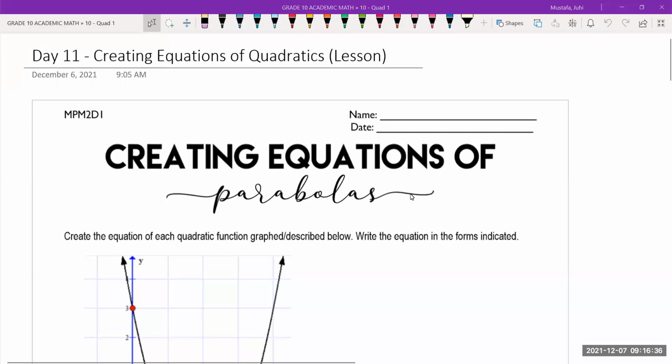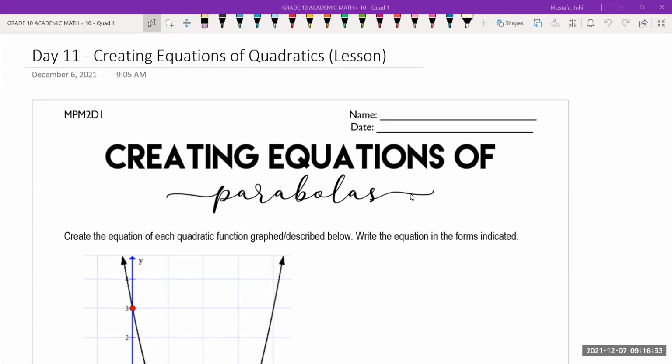Okay, so like I was saying, we've learned how to graph a parabola before from vertex form. Last class, we learned how to graph a parabola from factored form. And today what we're going to do is learn how to go backwards. So I'm going to give you the shape of a parabola, and I'm going to ask you to figure out